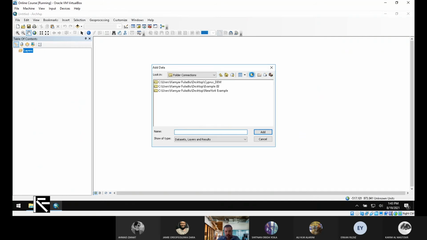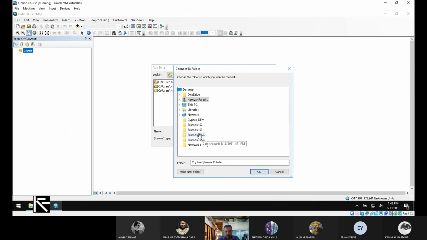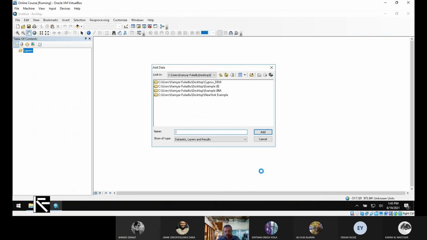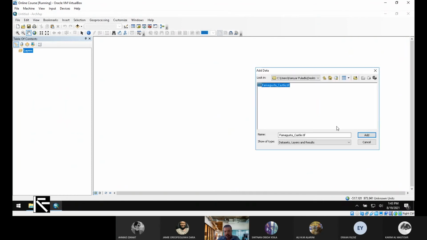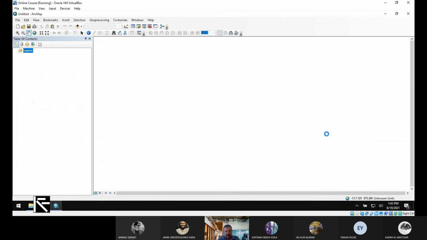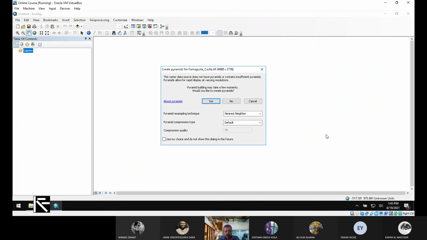So like always, I need to give some folder connection since I'm working in example 4A. I'm going to choose 4A. 4A right now is here. It is a TIFF file, so definitely it is a raster data set. After I open it, it asks me, do you want to create a pyramid? What does pyramid mean? A pyramid, imagine